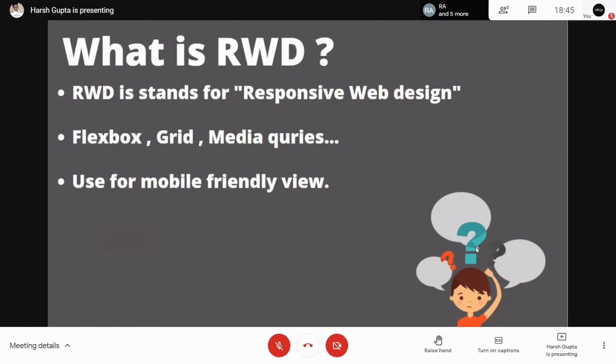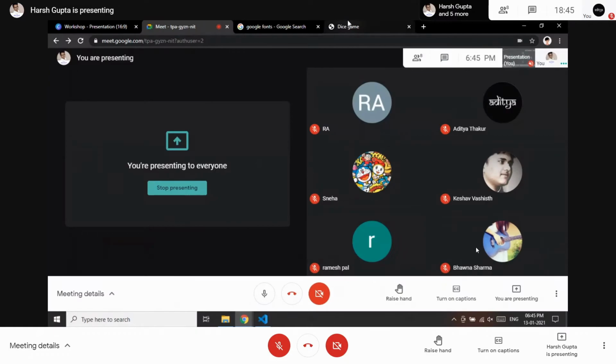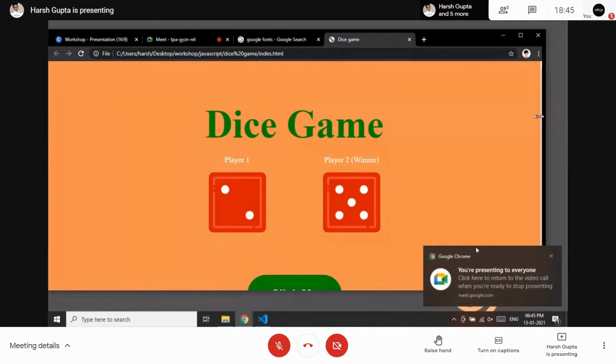So the first question is, what is responsive design? Responsive design is used for the mobile friendly view, because all the websites which we are making right now are only made for the desktop. So if I go here and make the window smaller,